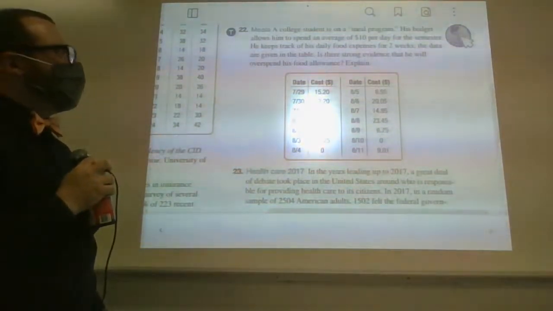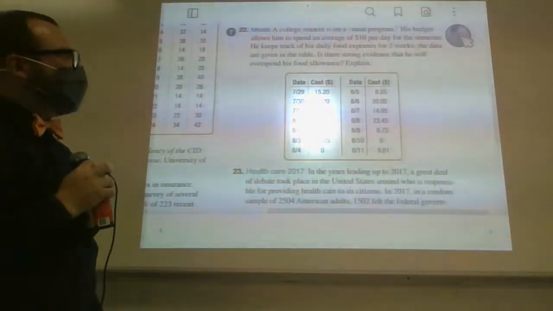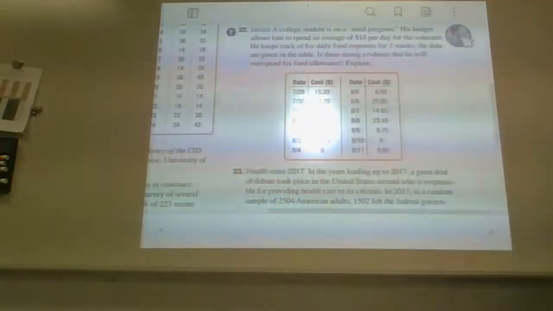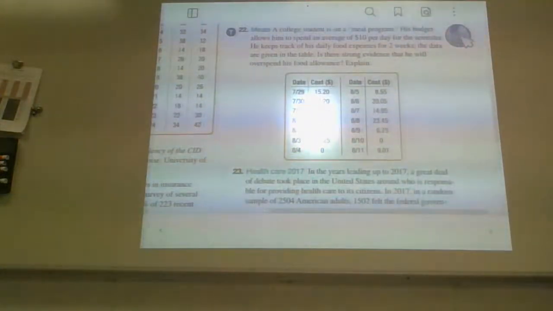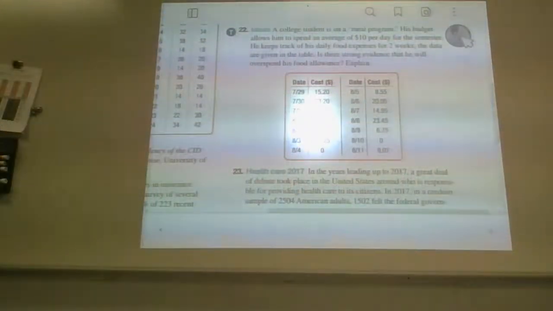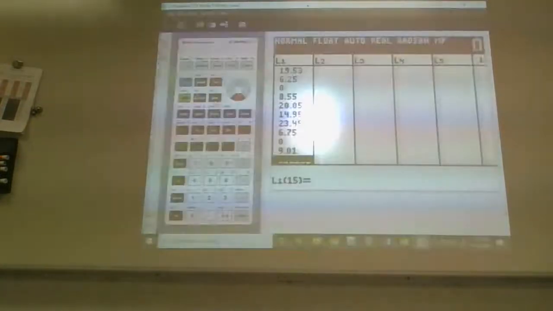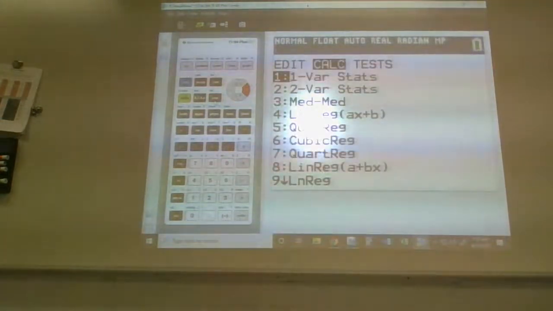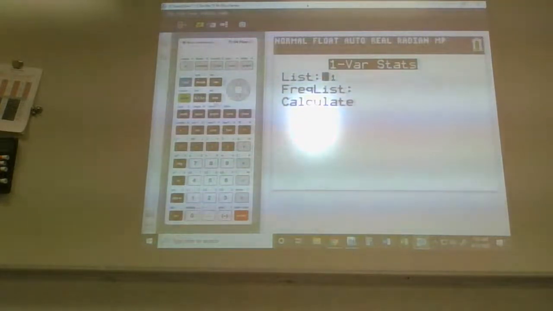There's no population mean, there's no population standard deviation. It means that since there's no population standard deviation, if I were to run a hypothesis test, this would be a t-test. And if I were to run a confidence interval, it would be a t-interval. T because, well, again, no population standard deviation. Okay, guess I will need that sample mean and that sample standard deviation. Stat, calc, 1-var stat. Everything is set up already to do a 1-var stat on L1.